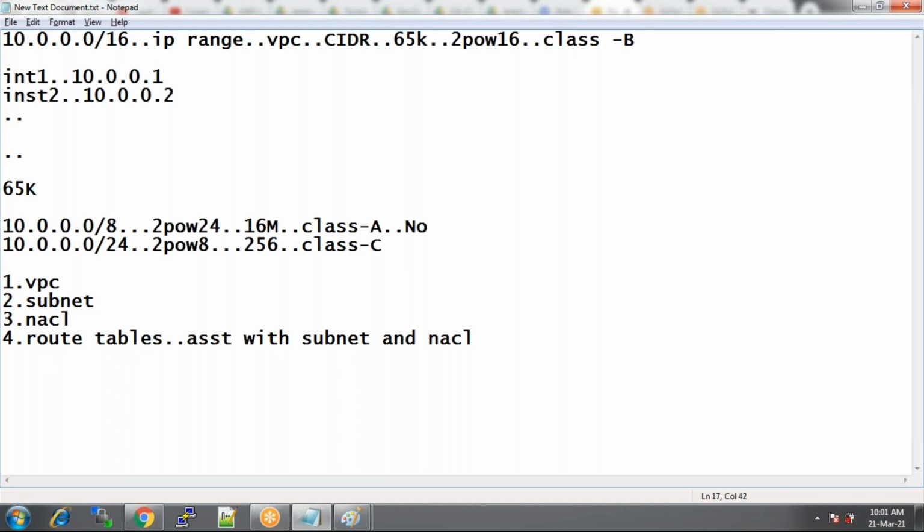So what is a public subnet? What is a private subnet? What is a NAT gateway? What is an internet gateway? Now, you will be given scenario-based questions in interviews. For example, I want to launch an instance. Can you give me the steps? Or can you give me the start to end steps of how the VPCs are created, how to create subnets, and what kind of gateways you attach to them?